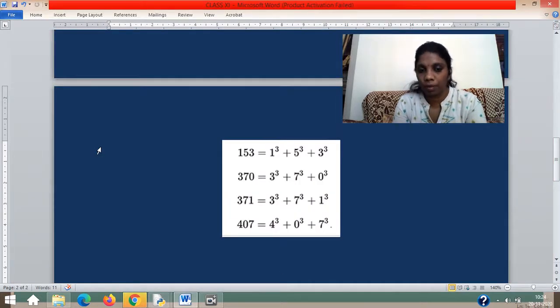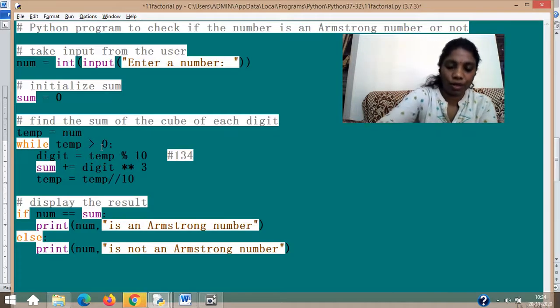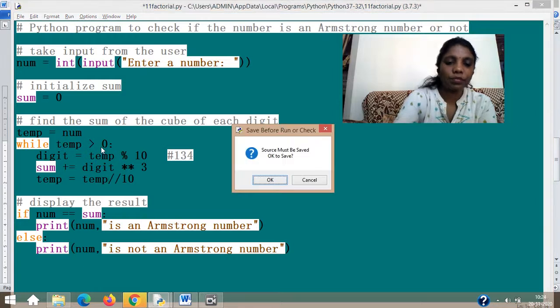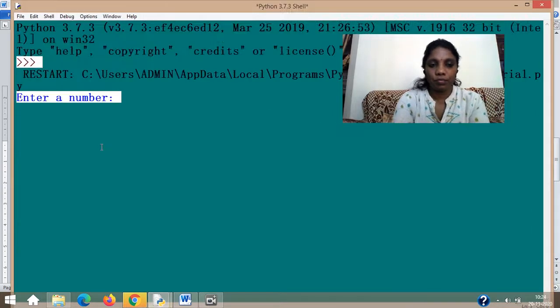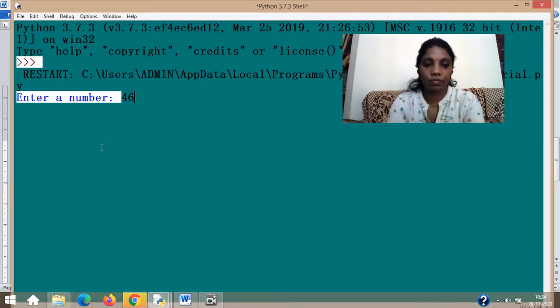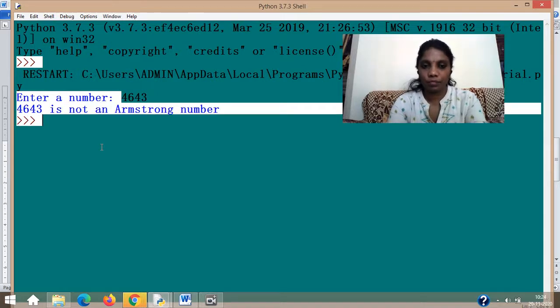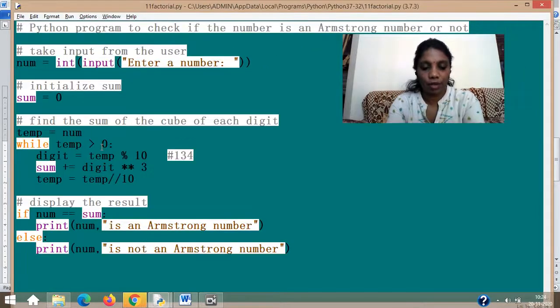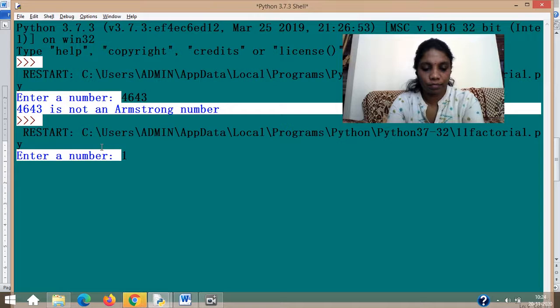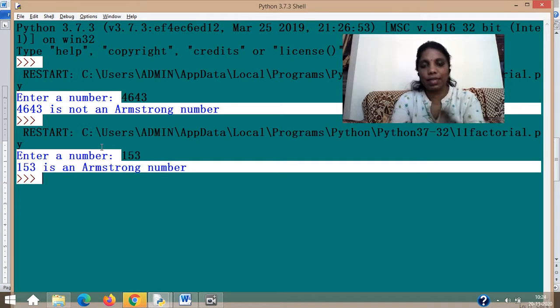So in order to remember the Armstrong numbers, remember these: 153, 370, 371 or 407. Any other number you try, you will get that it's not an Armstrong. So enter a number, any number. Okay, again go try. It is an Armstrong number. Like this is the individual extraction or individual checking, to input a number and check whether it is an Armstrong. But the assignment didn't give you this.